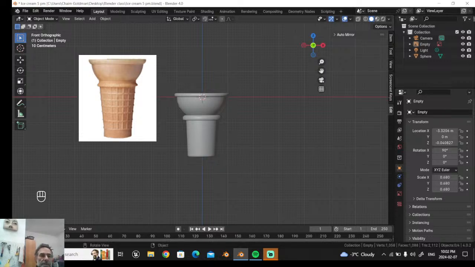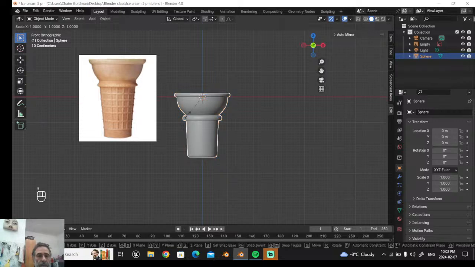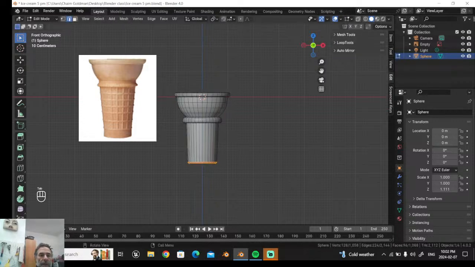All right, let's go back to this ice cream cone. I noticed just by looking at it that the ice cream cone needs to be a little bit longer, like taller. So I'm going to press Scale Z, S Z, and I'm just going to make it a little bit longer. Maybe like that. Then I'm going to go to Edit Mode,